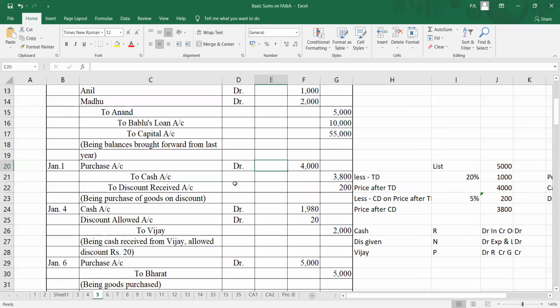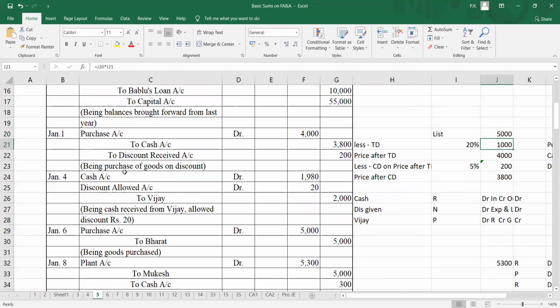Purchase account, we have bought goods worth rupees 4,000, for which we paid 3,800, and we received 200 rupees of cash discount on the same. Now, as I told you last time also, most people do keep data about the trade discount they are taking. That helps them to understand how to reduce cost and what the financing requirements will be, so as to reduce the cost by taking trade discounts.